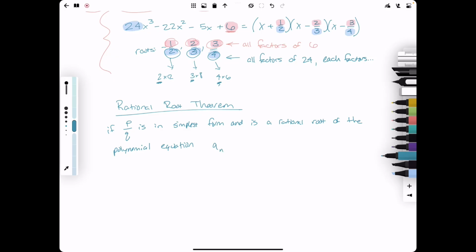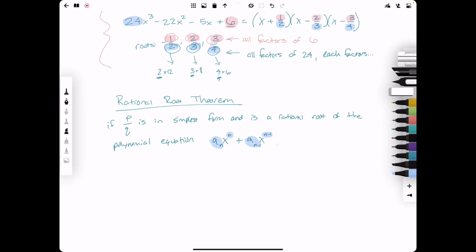the first a sub n, that's why we're putting the n there, x to the n, plus a sub n minus 1 times x to the n minus 1. A is just representing a coefficient. So this one here is just some coefficient, a sub n, and then they're saying the next coefficient, a sub n minus 1. The powers should correspond. Let me make this one actually look like an n. So the power should be n, then n minus 1. Do you see that? And then if you continue the pattern going on, it'd be plus